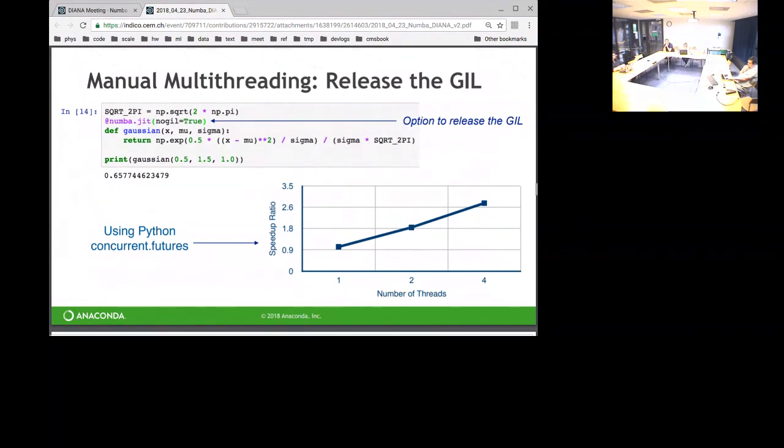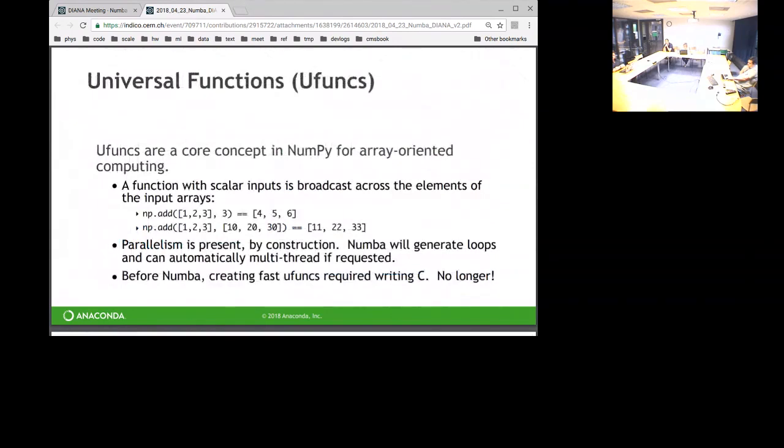Slide 13, I'm not going to have a whole lot of time to talk about this, but ufuncs, universal functions, are a very powerful concept from NumPy, which is that you can describe math operations that implicitly span differently dimensioned inputs. So you can say an array plus a scalar means that I want to broadcast that scalar across every element of the array, but you can also add two 1D arrays. You can add a 1D array to a 2D array, and there are rules for how to do all of that. And the great part is that you can make those functions that accept multi-dimensioned arrays in Numba.